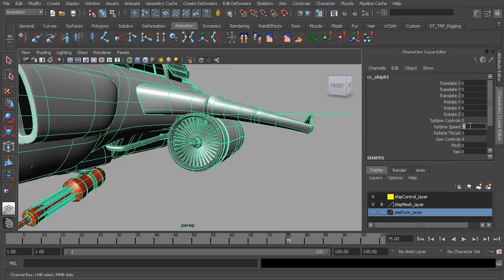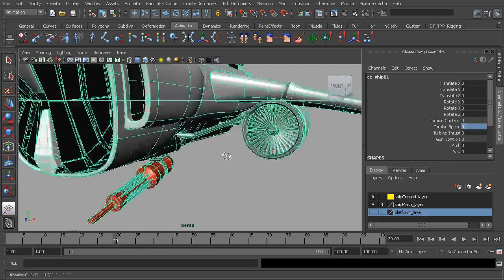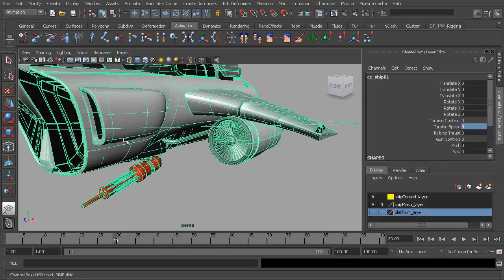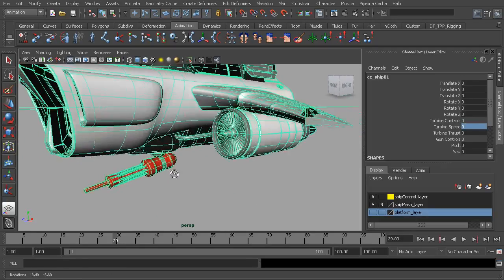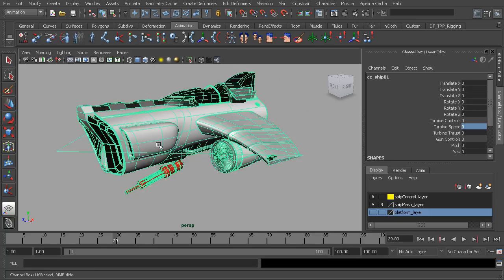I'll go ahead and set this back to 0. You'll see that when it is set to 0, there's going to be no movement at all. Or go ahead and drag on the time slider here. So again, just added some cool features here that we will use when animating the ship as it undocks from